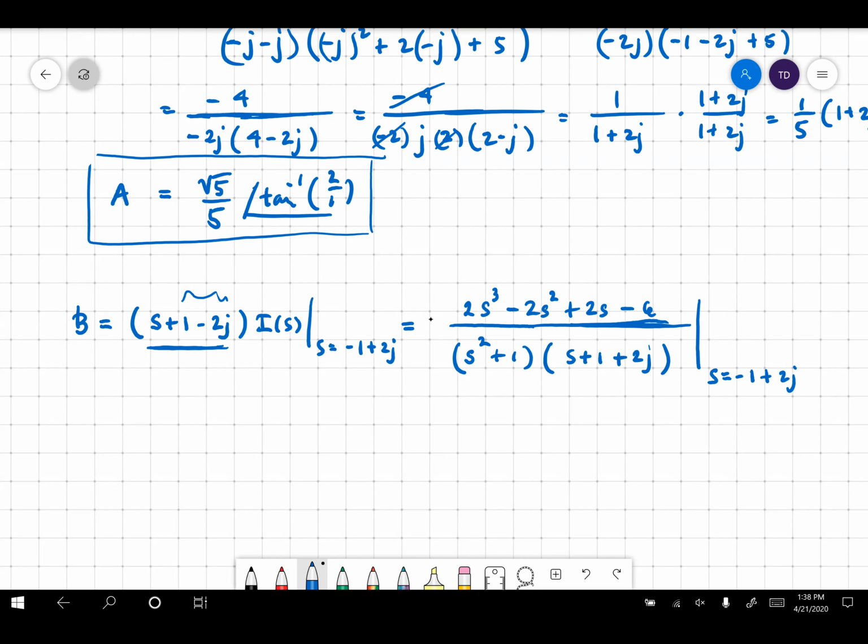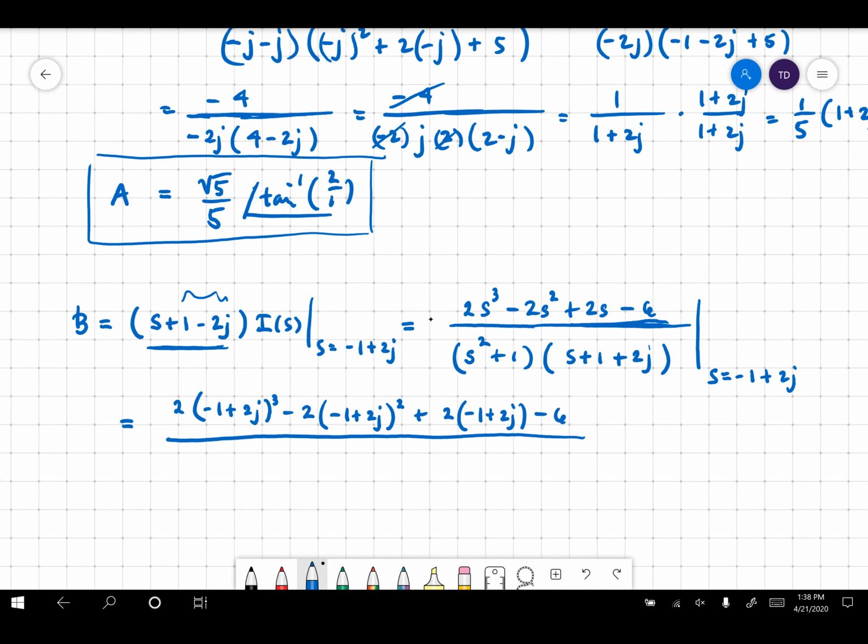All right, I don't think that's too bad to deal with. So let's start working with that one. So this is equal to, as I start substituting in, 2 times (minus 1 plus 2j) cubed. Not the coolest. Minus 2 times (minus 1 plus 2j) squared plus 2 times (minus 1 plus 2j) minus 6,